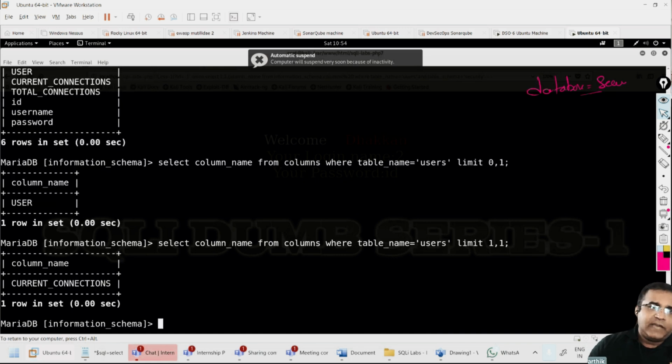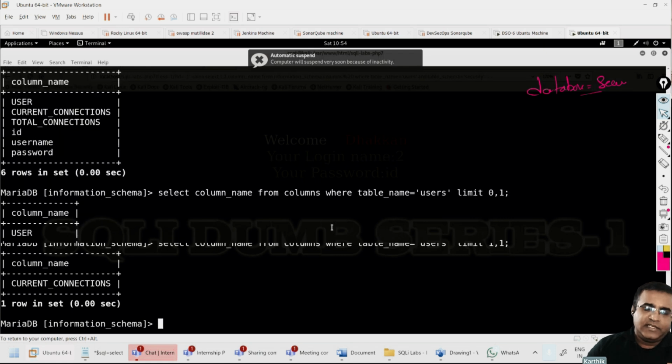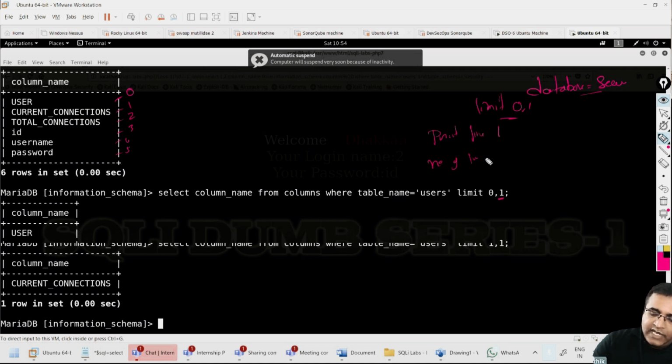The first line is taken as the 0th line, then 1, 2, 3, 4th and 5th line. So when I give limit 0, 1, the first part says start from line 0, and the second part tells the number of lines to follow. If I give only 1, it's going to print only one line.